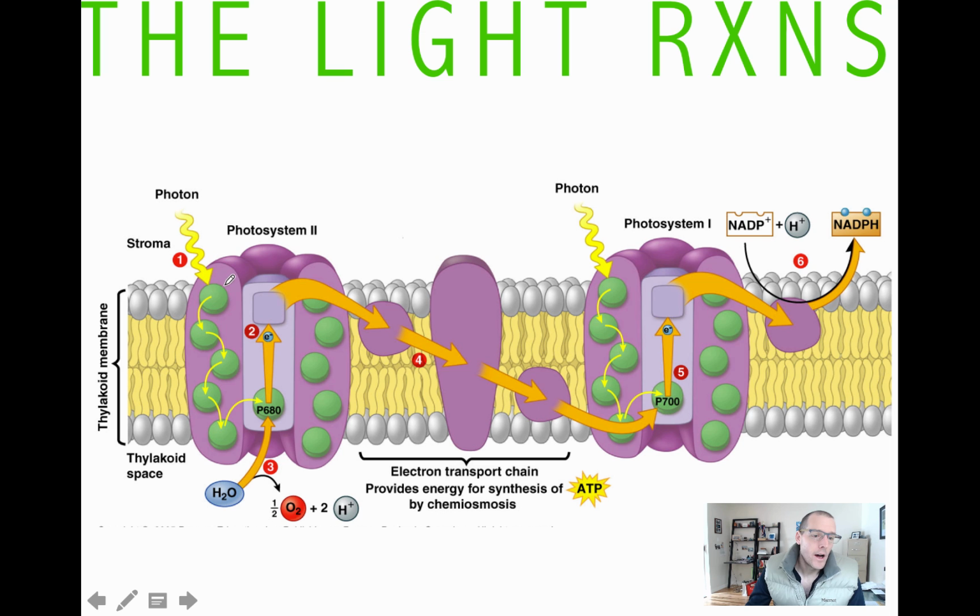Here is such a pigment molecule, and that would be absorbing a photon of light, probably from sunlight, but could be artificial light. In comes the photon, and the pigment absorbs it. We have an electron excited, it collapses back down to its low energy ground state, and another photon of light is emitted, and that photon is absorbed by an adjacent chlorophyll molecule, and so the same thing happens. Effectively that photon of light kind of ping-pongs around